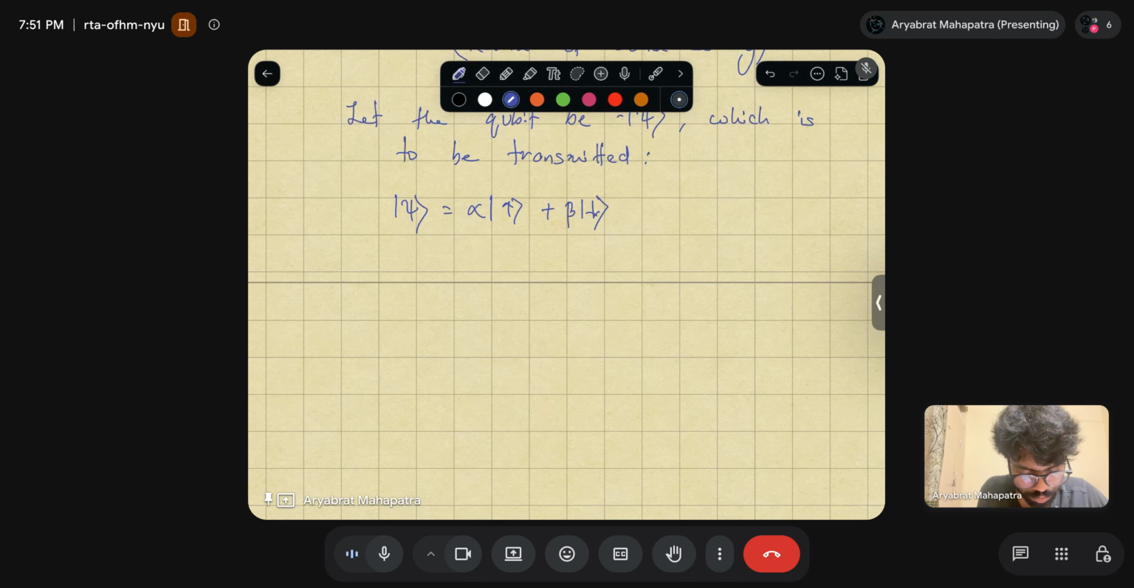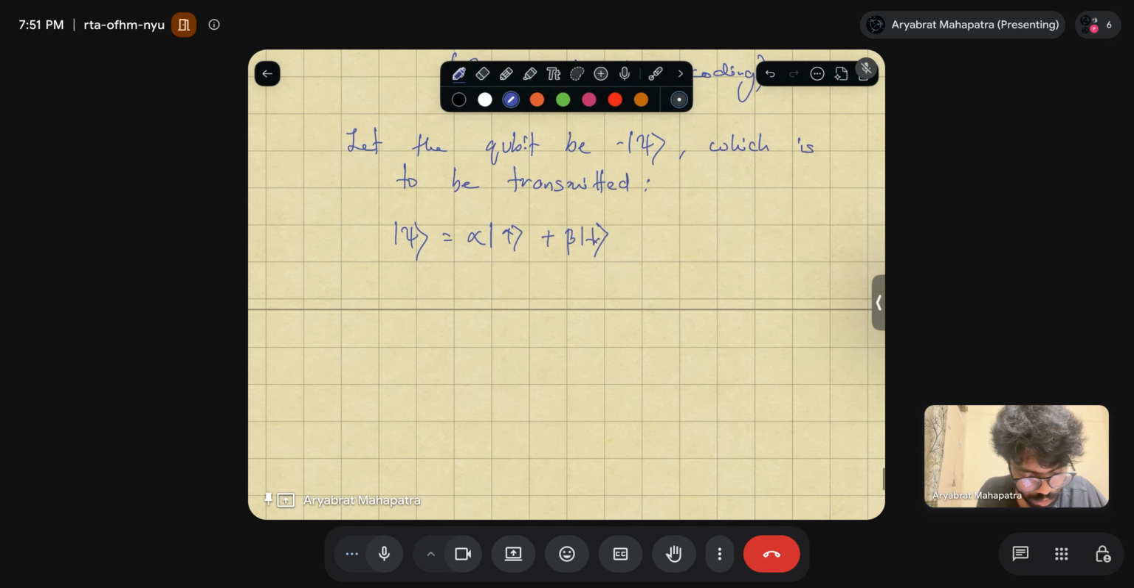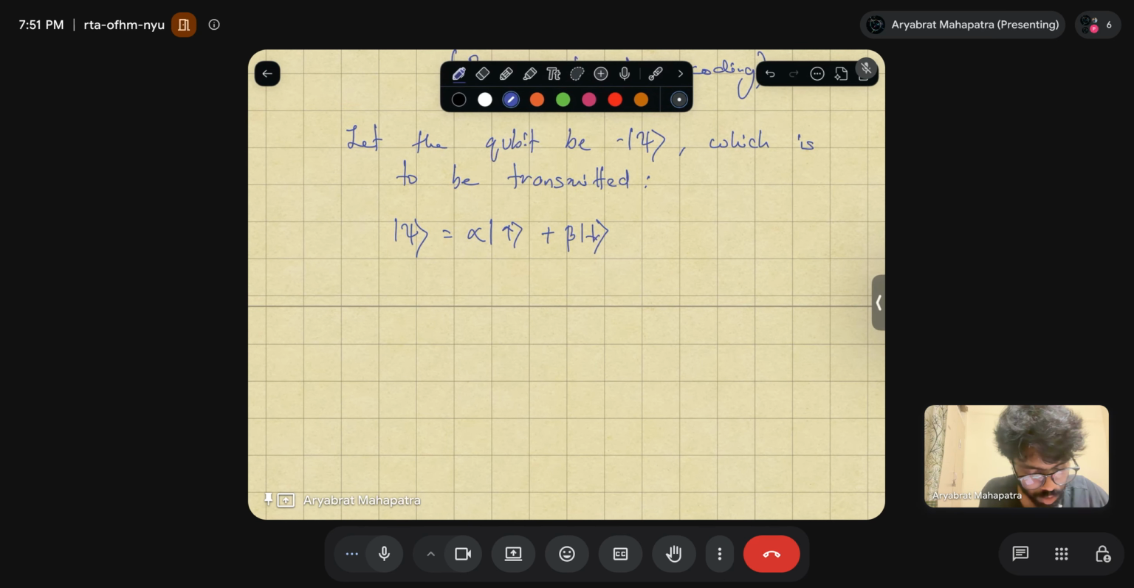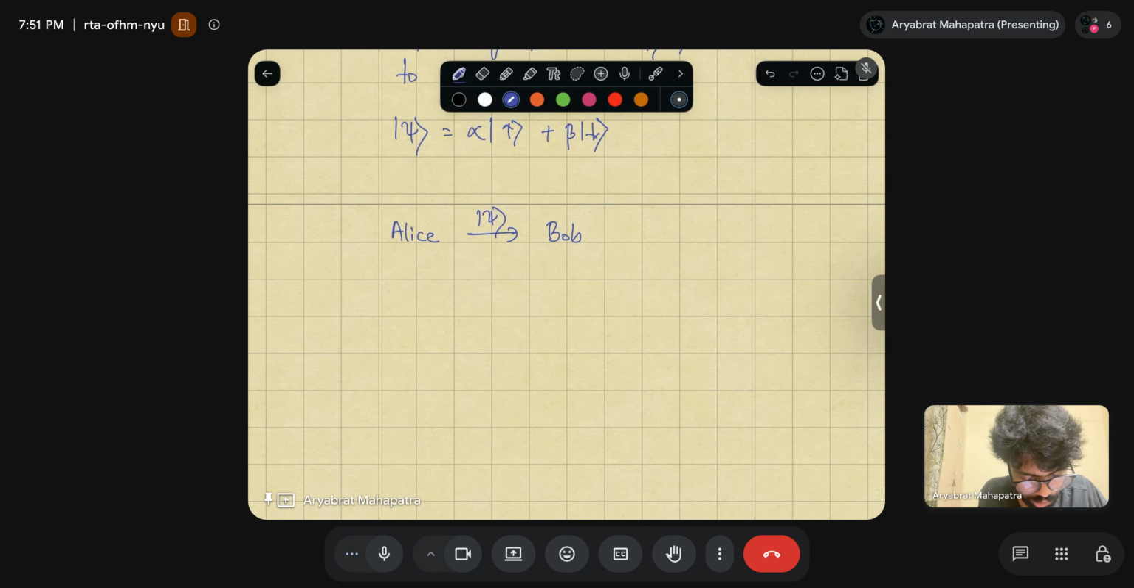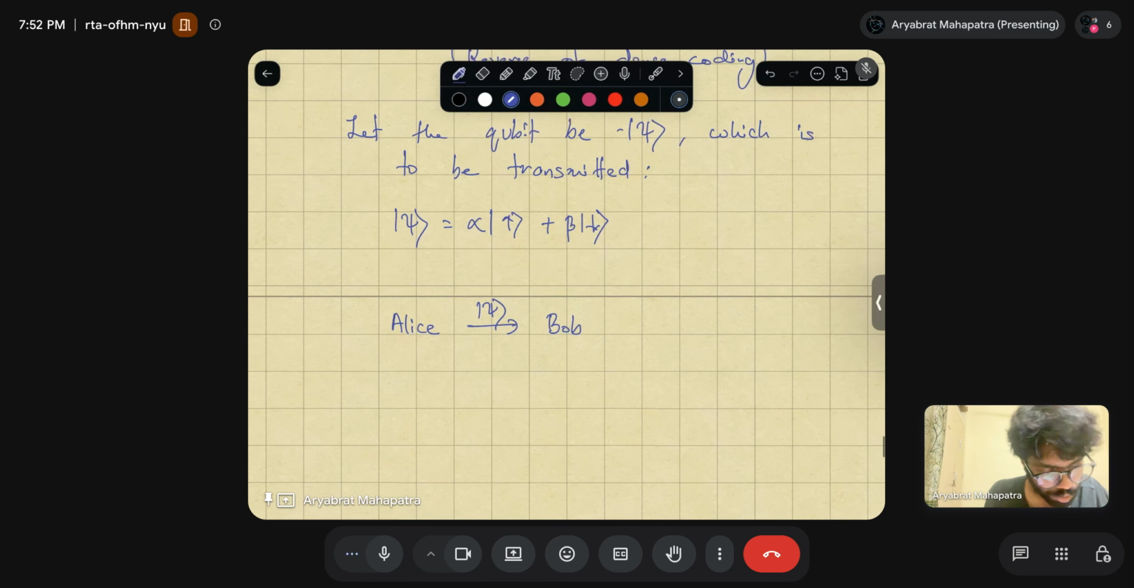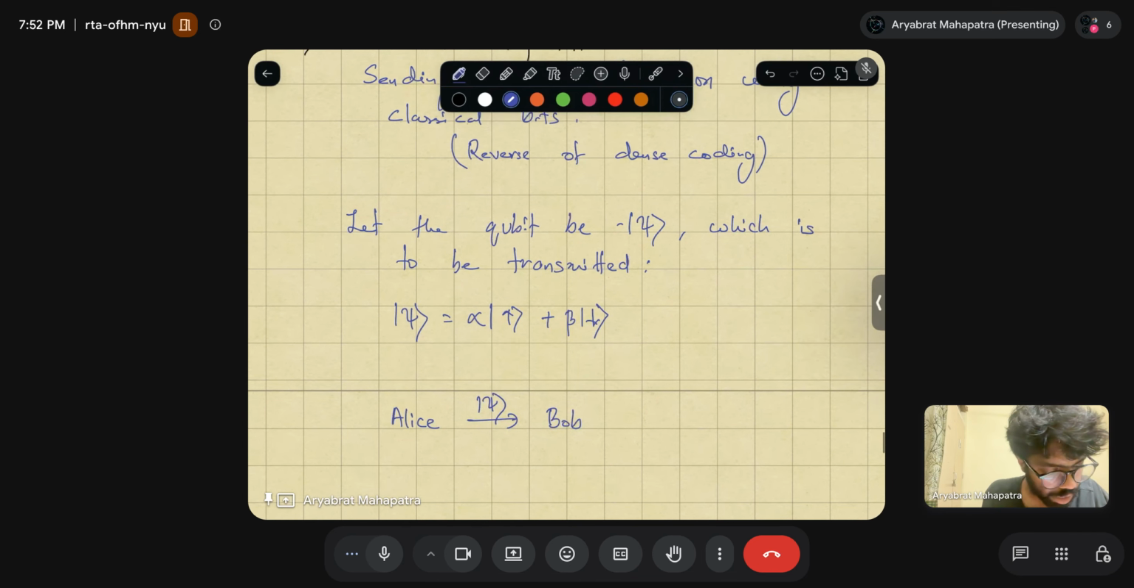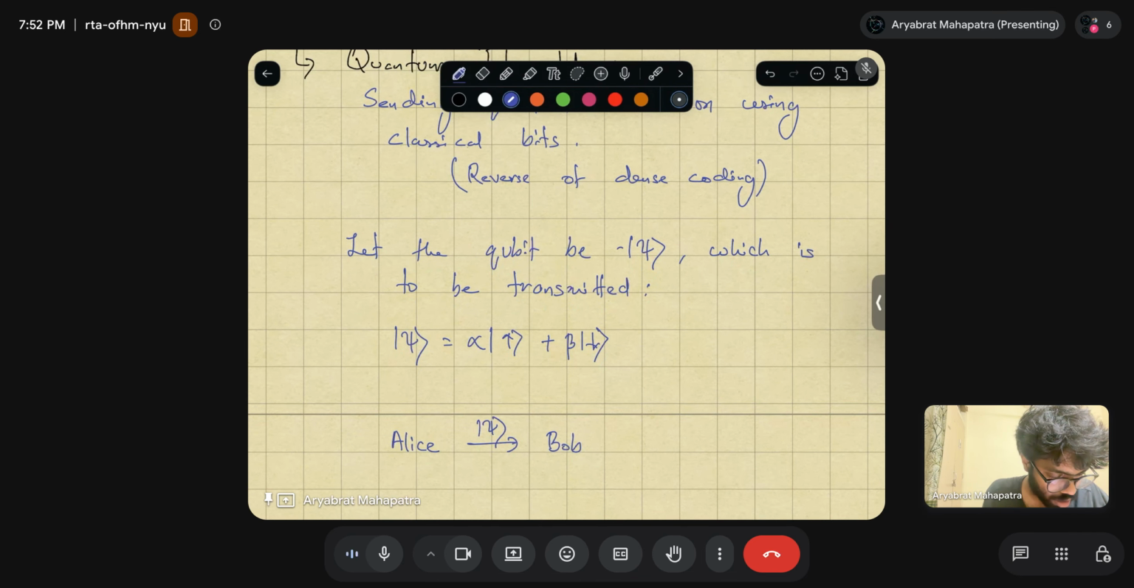So again, now let's say Alice wants to send this state to Bob. Then one thing very special about this teleportation is that Alice wants to send this quantum information to Bob,